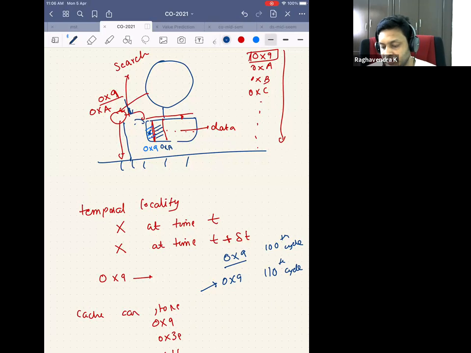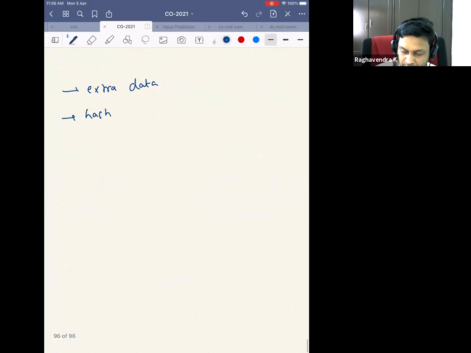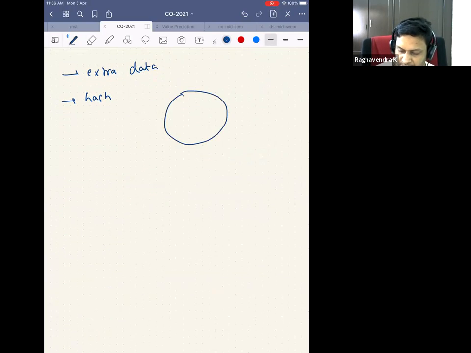So that's how I'm designing a cache. But now we'll see how to actually design this cache, right? We said that we have this CPU, and the CPU is generating addresses. We have a cache, which is storing 8 bytes of location. So it can store any 8 bytes of data.